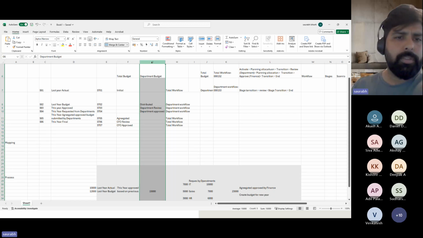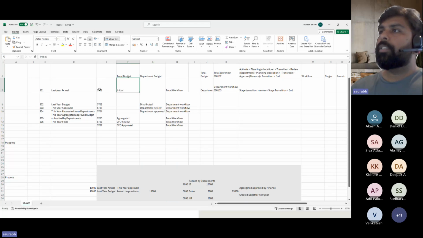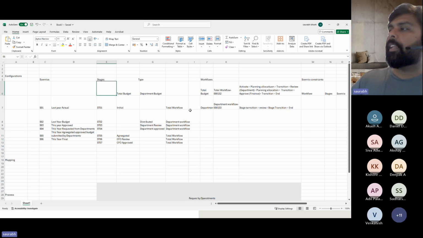If you are using the business unit, it can be the business unit for you. So anything is possible for you in terms of the org hierarchy which you define here. So once you define your stages and then you define your scenario and these stages, the next thing is that